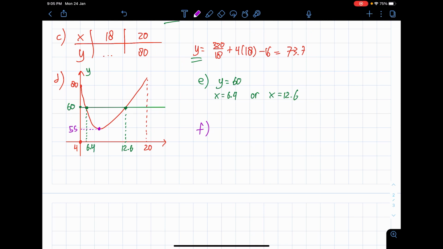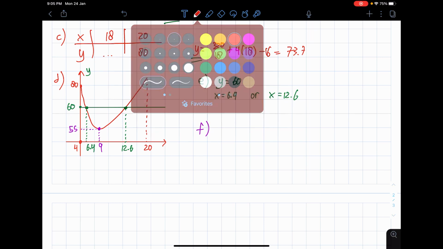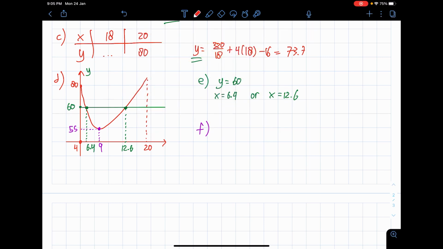Meaning to say, you want to reach 50 cm square for the area, well, too bad, the graph doesn't even actually reach there. So tell them that the minimum point of this graph is somewhere around x equals 8.99 units, something like that, and the area is 55, that is the y, which is 55. So that is the minimum point, meaning to say the y cannot be lower than that. Hence the area can in no way be lower than 55.